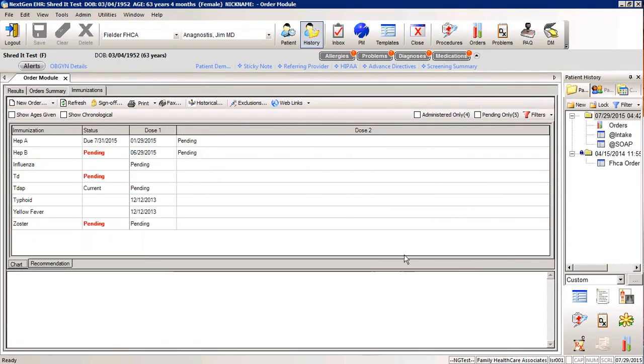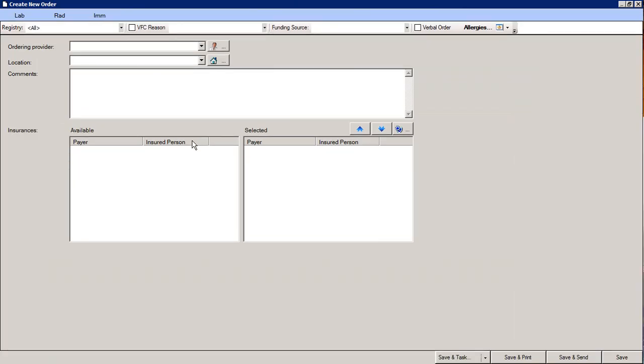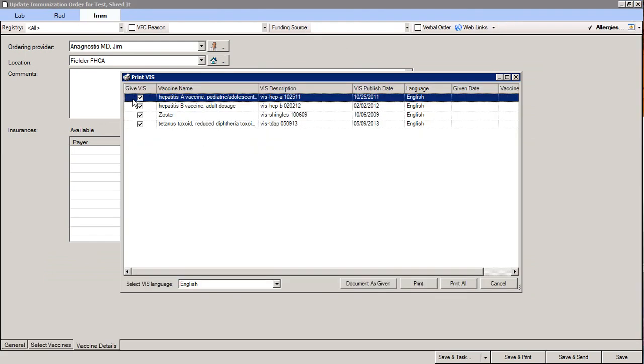I've selected OK, and you'll now notice that it defaulted back to the orders module to give me a list of all the vaccines that were pending. So I'm going to double click on the pending vaccines, and you'll notice that it auto defaults to the VIS disposition. VIS disposition for vaccine information statements